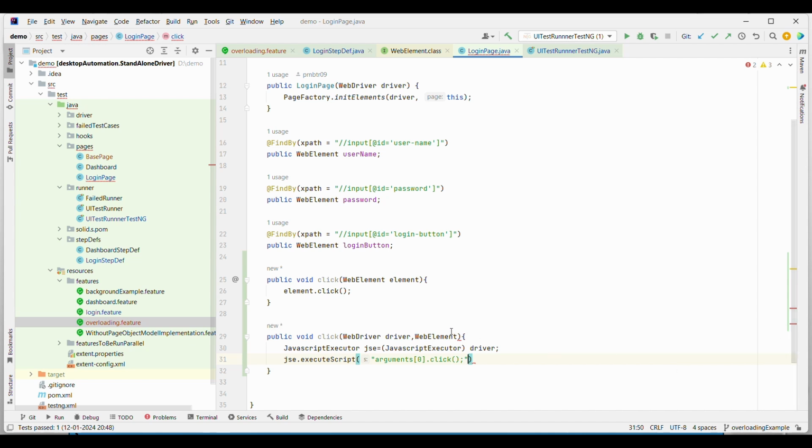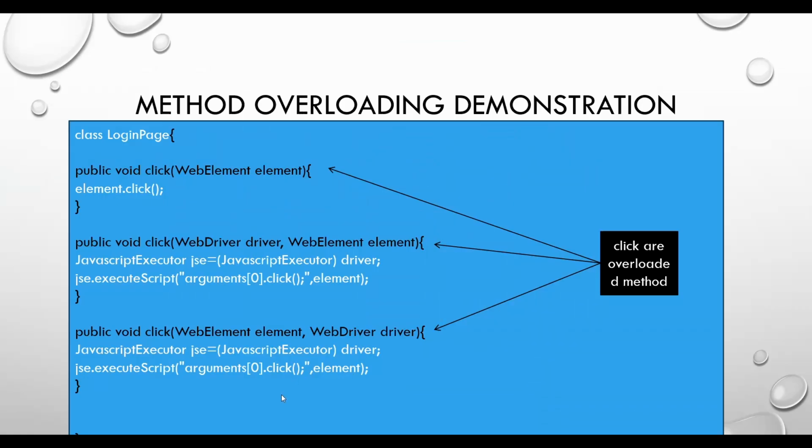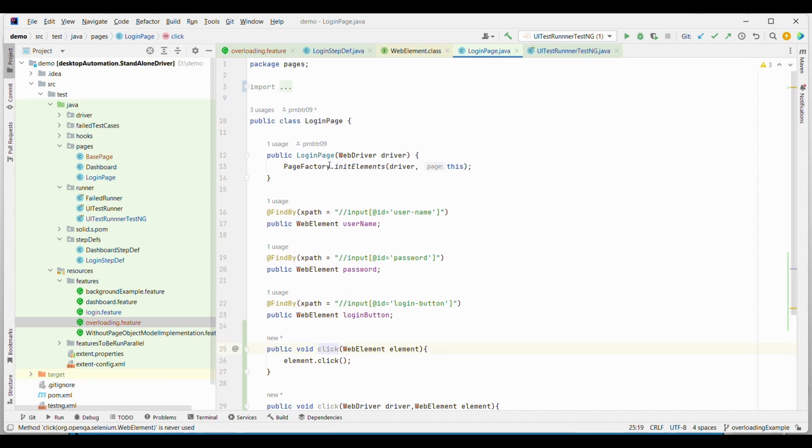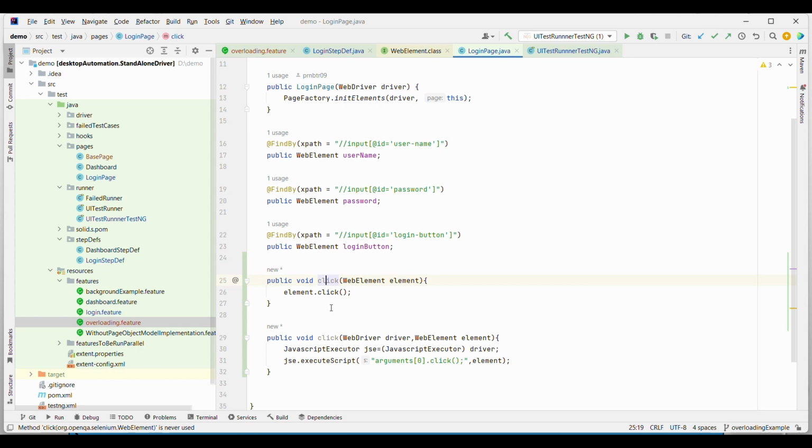So we defined WebElement, but we didn't define the variable. So comma, element. Let me cross verify. This is what we have written: arguments of 0 dot click. Whatever element we are passing will be passed to this 0, so it will become element and it will then perform click. So I have replicated the same. You see that within this login page, I now have two methods with the same name but with a different number of arguments. Now if I go to login step def,